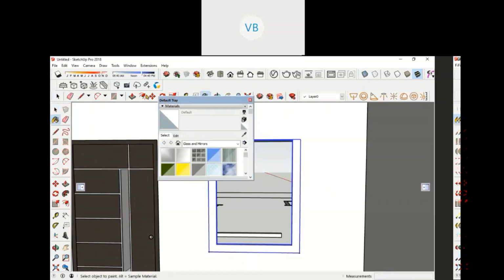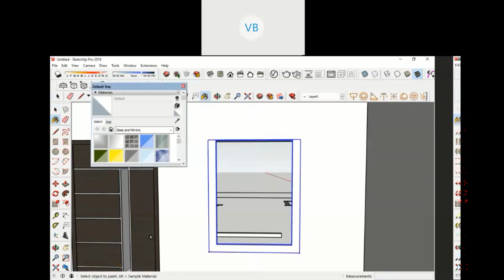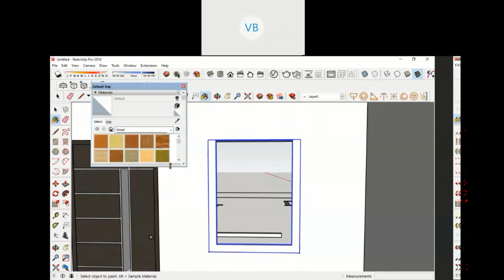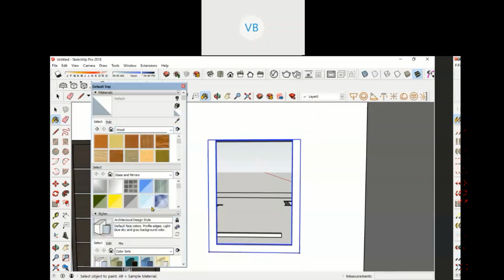And SketchUp already has some materials in the default library. So default materials are like concrete, brick, carpet, colors. So for let's say I need wood, right? So it has some default materials. Okay, I got this wood, and wood lo kuda I can select this thing. Let's say I've selected this wood bamboo texture.